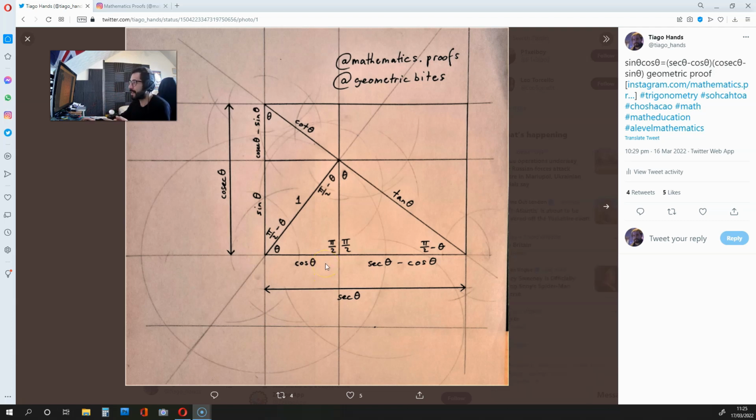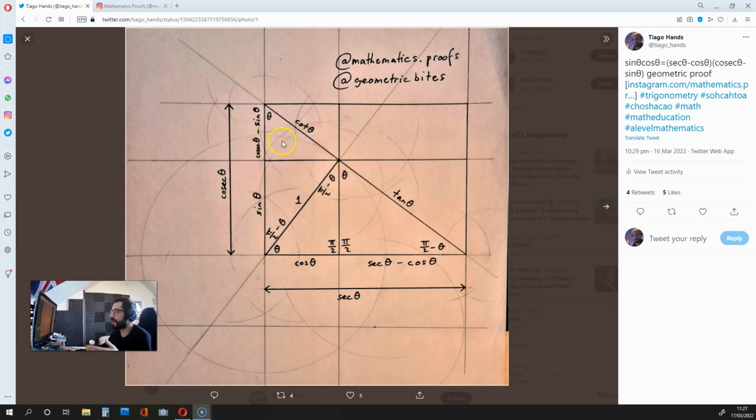So to recap, if we subtract the rectangle cos theta times sine theta from this right angled triangle over here, we get this area, this right angled triangle over here, and also this one. If we subtract the area of the rectangle, sec theta minus cos theta times cosec theta minus sine theta, from this right angled triangle over here, what we are left with is this right angled triangle up here, and also this one down here. Now, it can be shown that these two areas up here and these two areas down here are equivalent